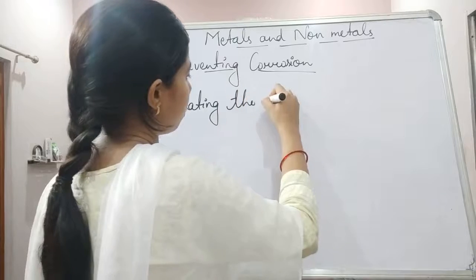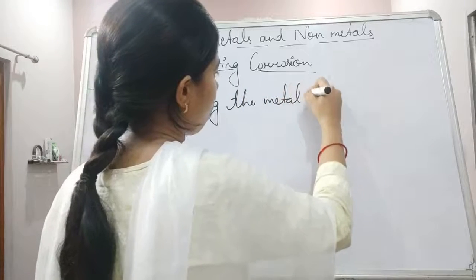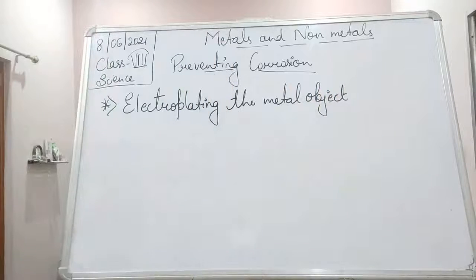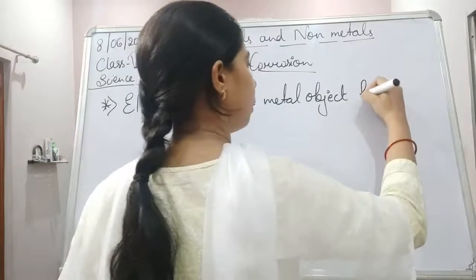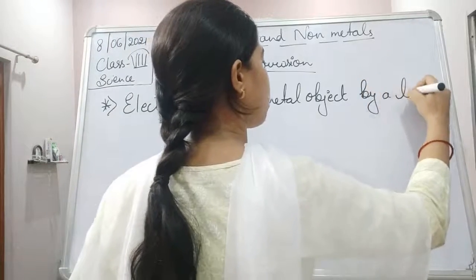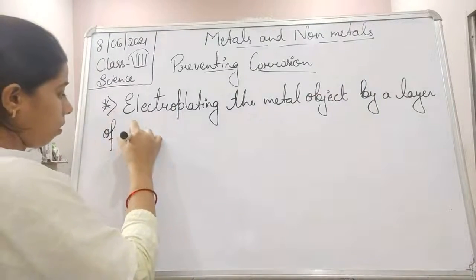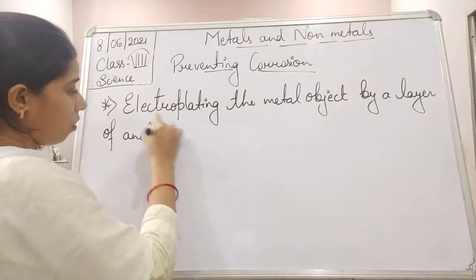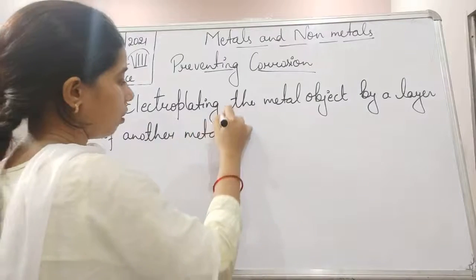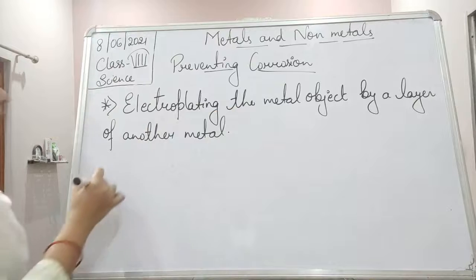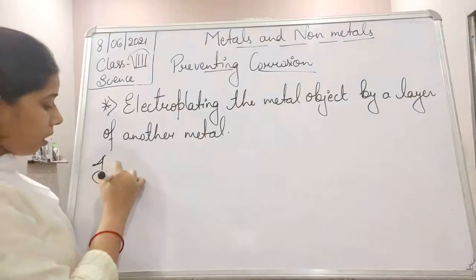Electroplating the metal object by a layer of another metal. For example, here an iron object can be electroplated